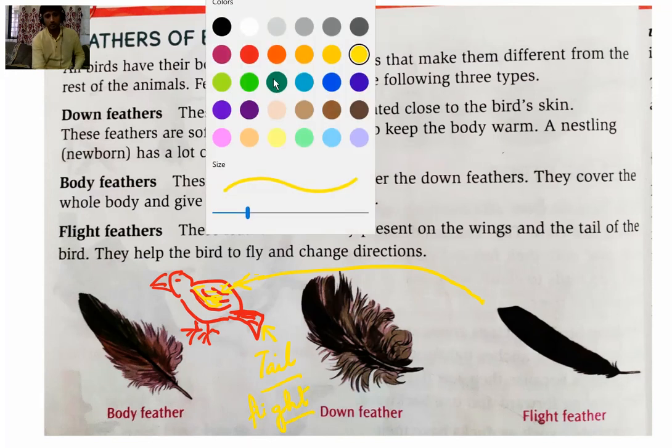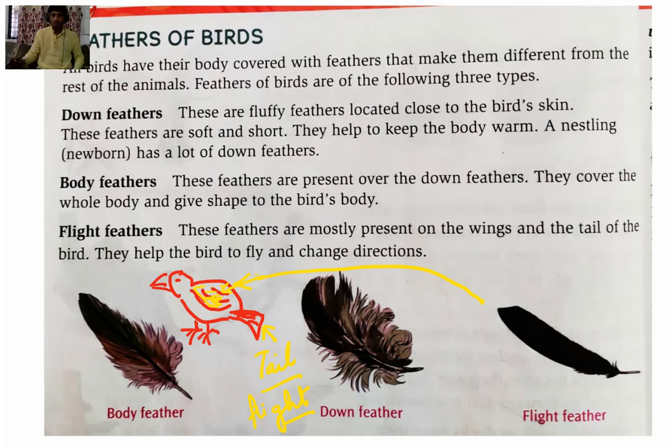Then next one is body feather. So I'm changing the color for body feather. Let me take green. All over the body there are some small feathers. So the rest of the body is covered with body feather. During the upstroke, when the wing is lifted upward, and downstroke, when the wing is pushed towards the downside, beneath this also there are body feathers.